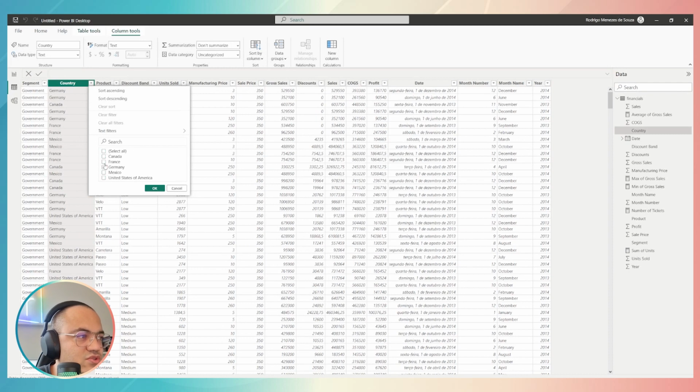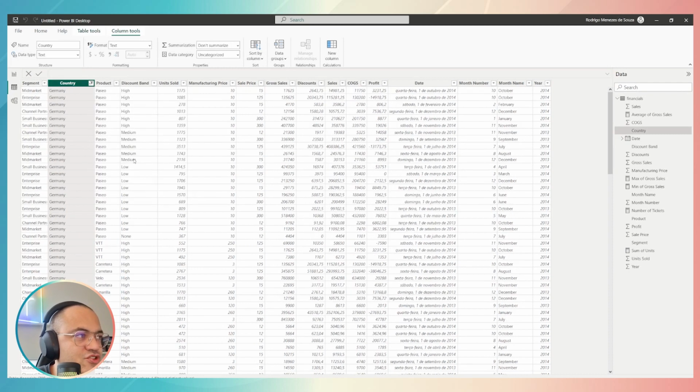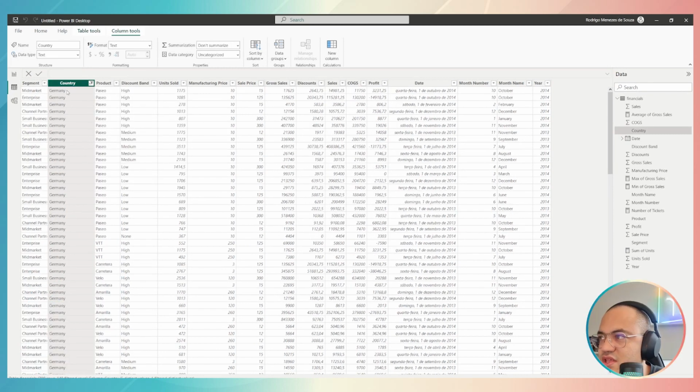For example, I will just filter it over here, Germany, just to check. As you can see, if I'm moving down to the left down corner over here, I can see I have 700 rows. However, in terms of Germany, I have 140 rows. Okay, so I have repeated rows